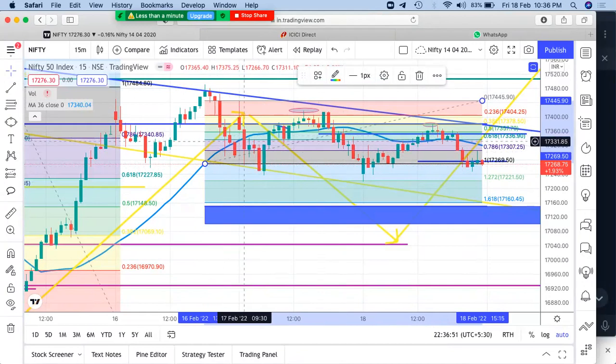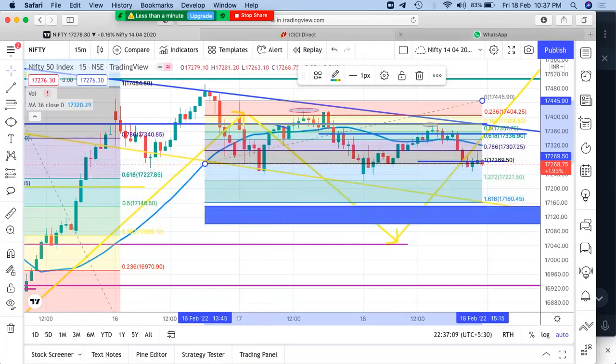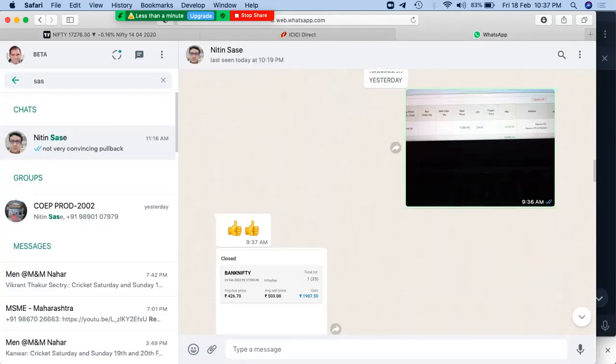Once it was not above that, I took a trade and again it went down. Once it was nearer to the 1.272 level, I came out. Why? Because I was not pretty sure what would be happening next, whether it would be going down or going up. But that many points, maybe probably the first trade, which was